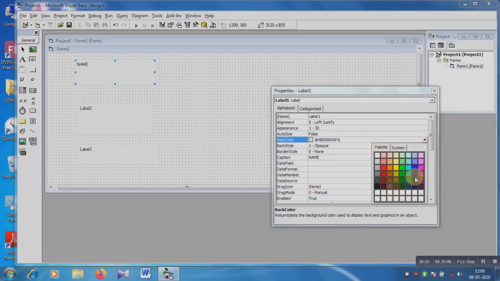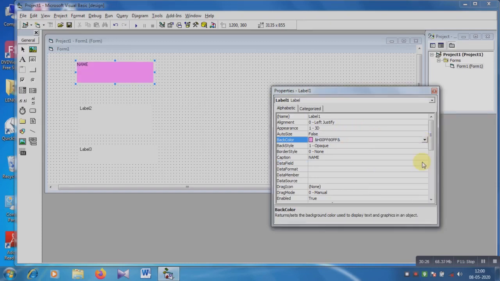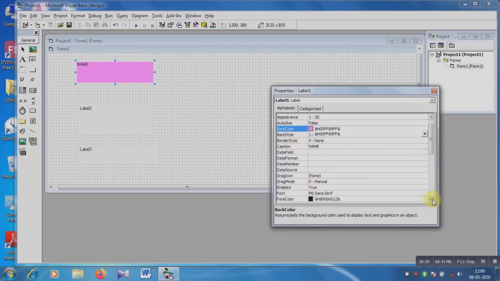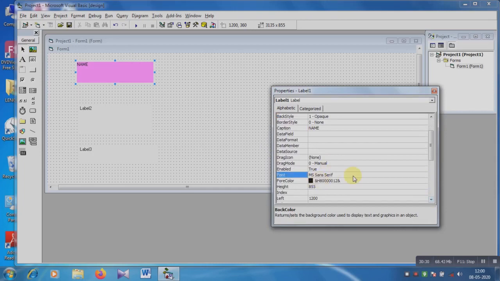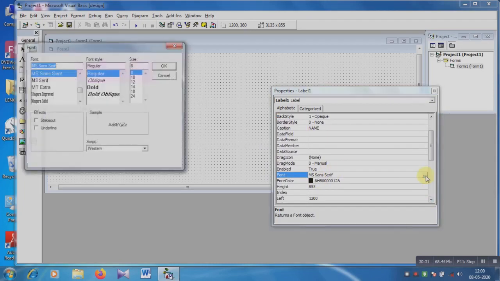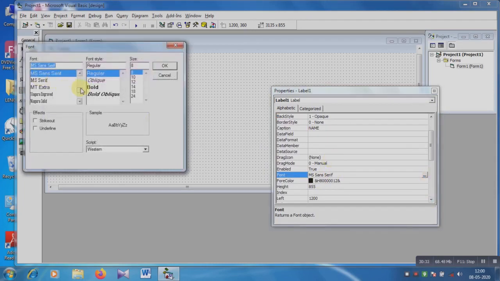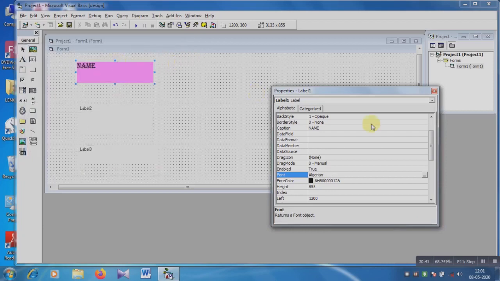Background color palette, I am choosing this background color, and the font option for changing the style. Suppose it is Algerian, regular, and 14.